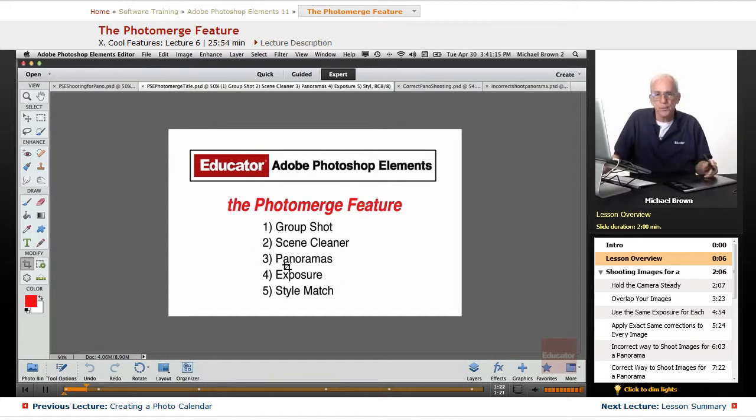Then the fourth one is shooting exactly the same shot for exposure. If you're shooting on a bright day and you've got bright highlights and dark shadows and midtones, you shoot a range of exposures, underexposed, right on, and overexposed, so that you have good exposures for all three: highlights, midtones, and shadows. And each one of those is going to be right for one part, but not for all. In Photomerge, you put the three of them together and it merges them by exposure rather than by object or